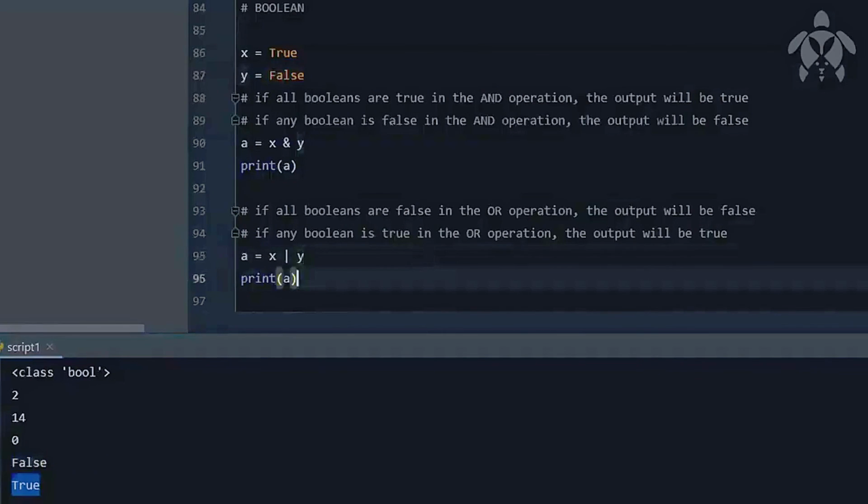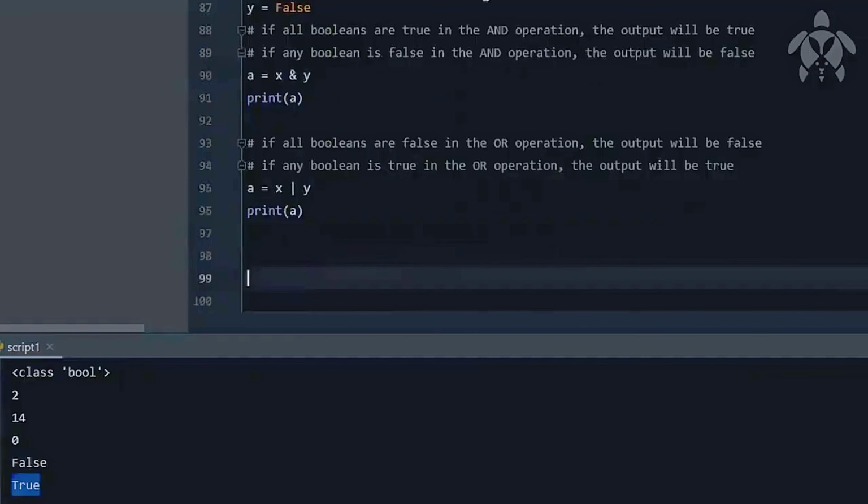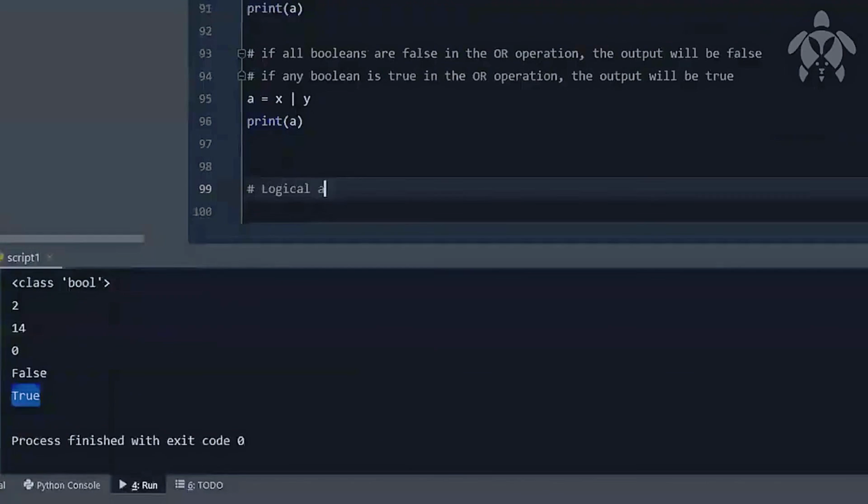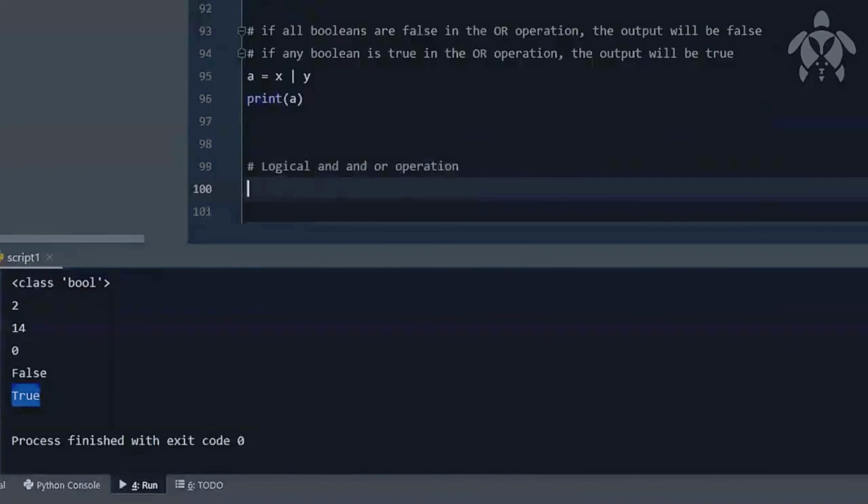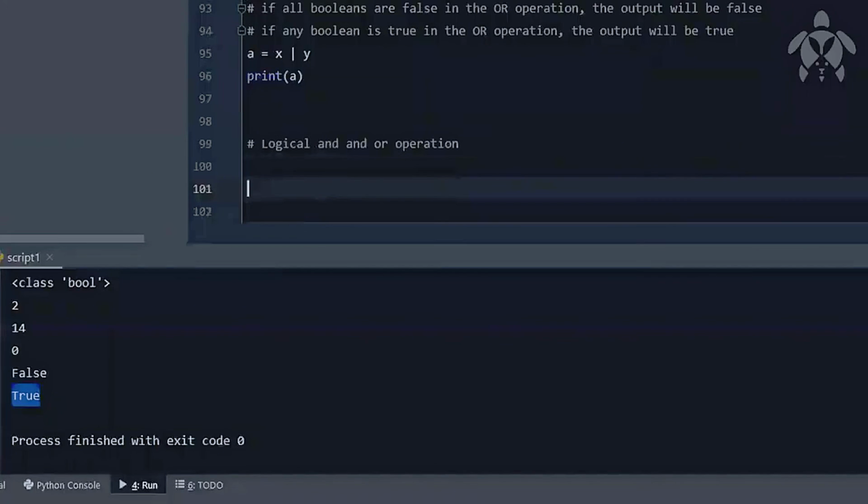You can also do this thing. So now here, see what we did. This was a binary operation, but typically when we work with Boolean variables, we do not go for a binary AND and OR. We instead go for a logical AND and OR. How is that done? Logical AND or OR operation, or you can say conditional AND or OR operation. How do we do that? We do it like this.